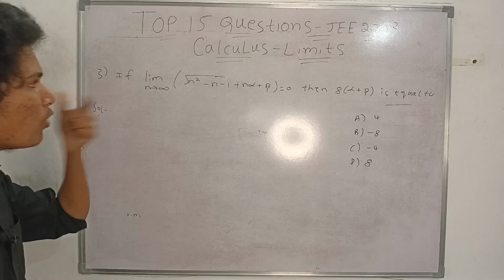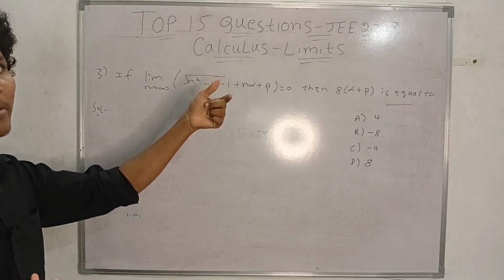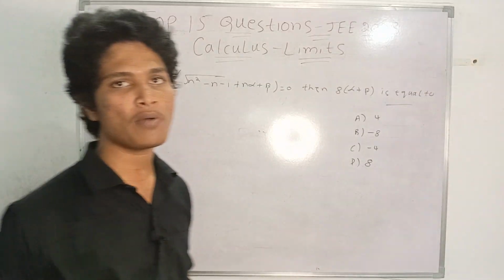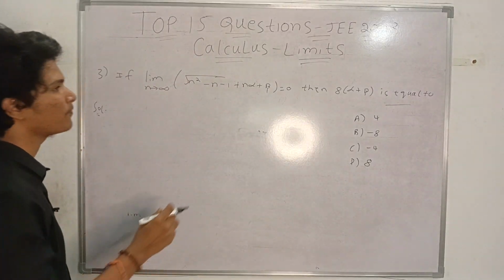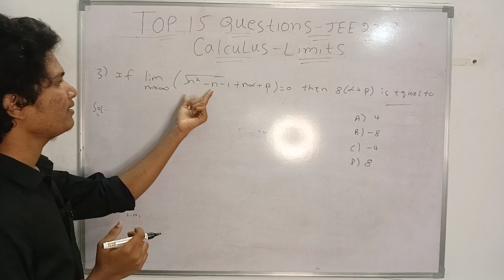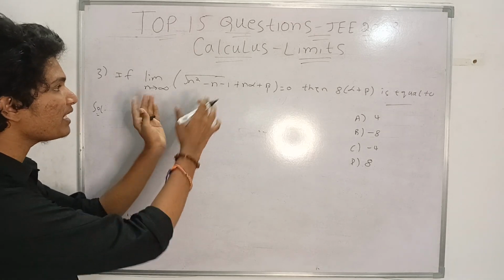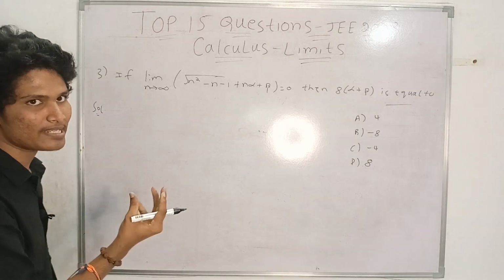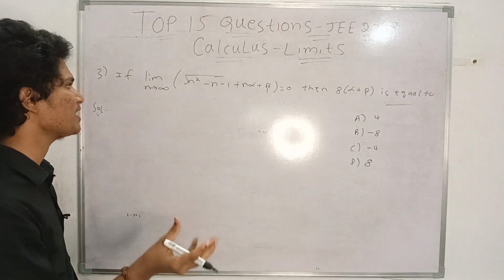The third question. Now it is the time for n tending to infinity limits. Up to now you solved 0 by 0 forms. Now it is the time for the infinity form. When you substitute infinity here, it will become infinity minus infinity, so it is an indeterminate form only. For this I already said in the limit series, that is the Change Makers Batch one shot series for JEE